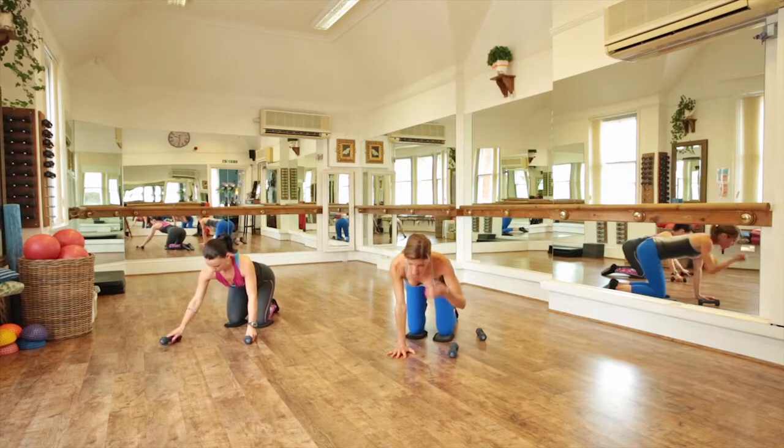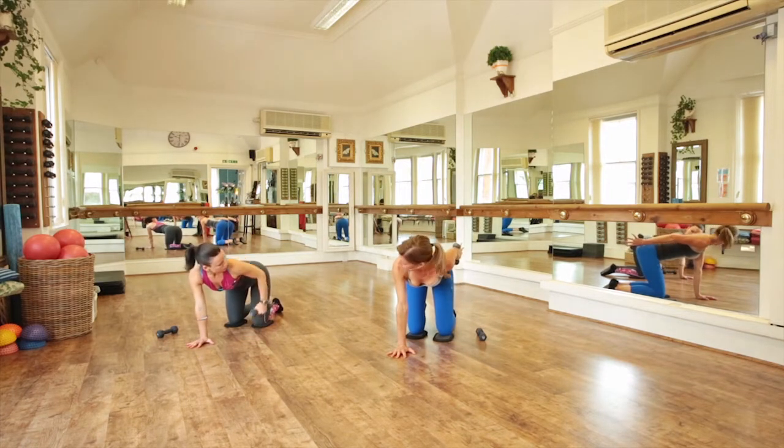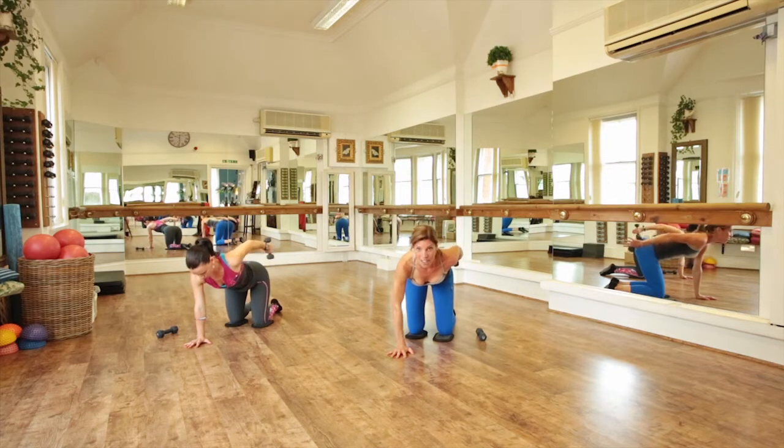So again, reset, make sure you're in neutral spine position. Take the weight back behind the hip, straight arm and relax the wrist. Good, and start tapping up. Little tiny, up an inch, up an inch, up an inch, up an inch, good. Straight arm, straight elbow, straight wrist, and free the fingers, relax your grip. Tap 8, 7, 6, keep the elbow soft in that supporting arm, and 5 more for 4, and 3, 2,